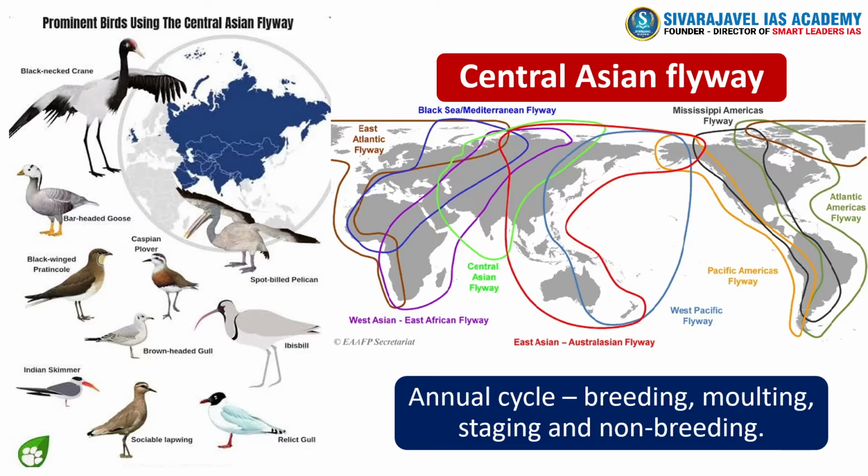And when these birds migrate, they use a specific path. In international migration, they use specific paths, and they are called flyways. And here we are talking specifically about the Central Asian flyway. Every winter the birds make their way to India through the Central Asian flyway, which covers a large continental area